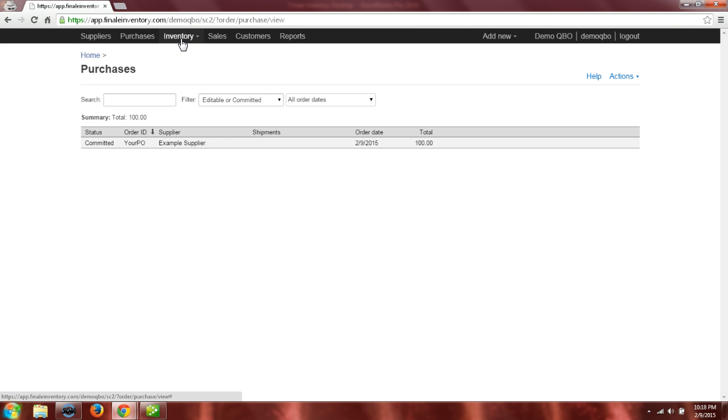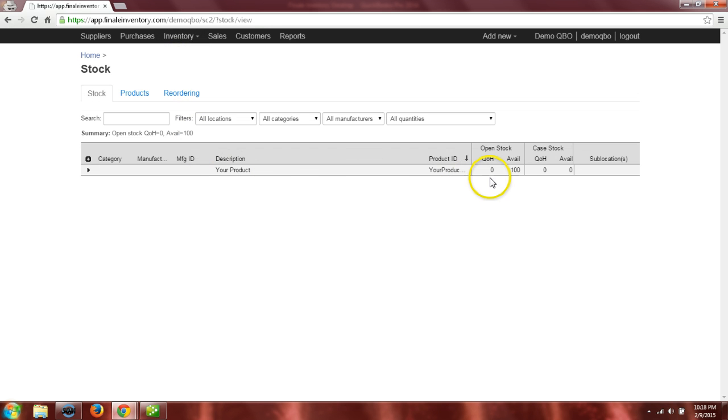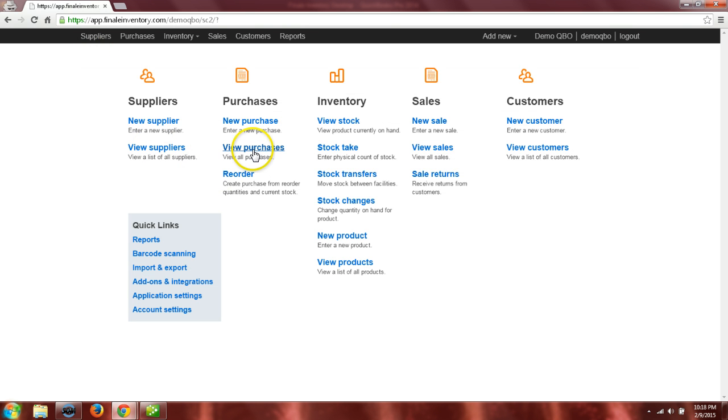If we now go to our inventory and we look at stock, we have 100 available, which are on order, but we have none in stock yet. So the next thing we'd need to do is go ahead and receive this purchase order for this 100 that we have on order. So we're going to go right back to our purchase order,